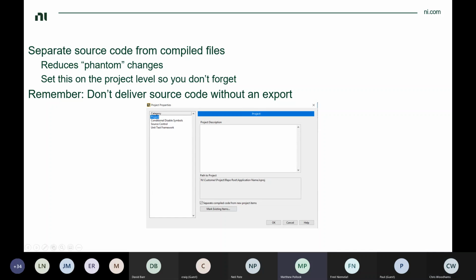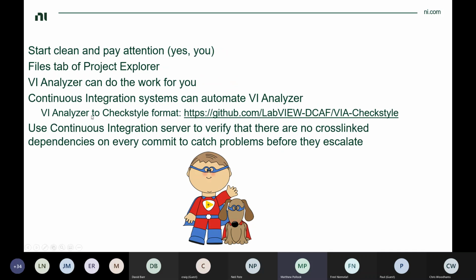So I definitely didn't notice it until I needed it, but I like to mention it here. Other thing that I use a lot for this, especially for cross-linking, is the Files tab of Project Explorer. This is really the only reason I ever use Files tab, and usually I don't want it. But the thing I use it for is to make sure at a quick glance that every dependency of my